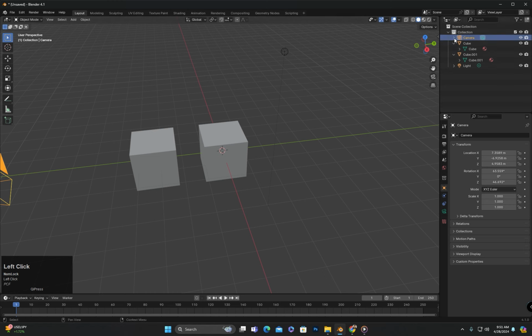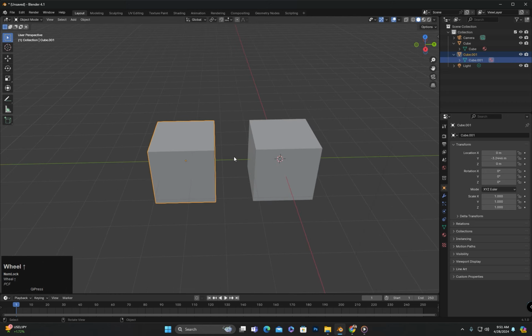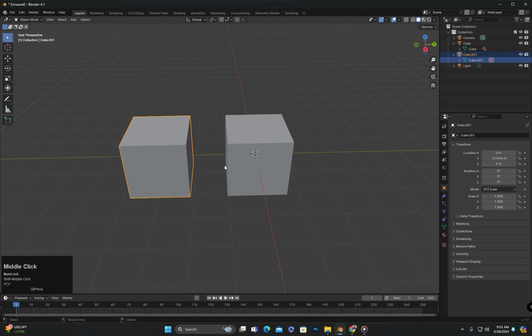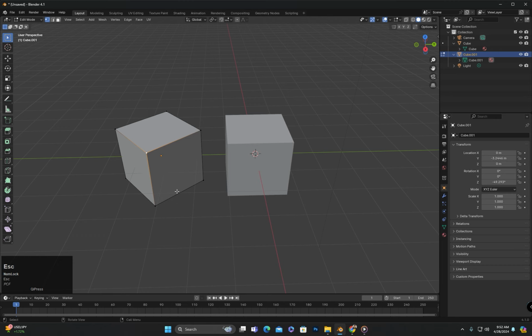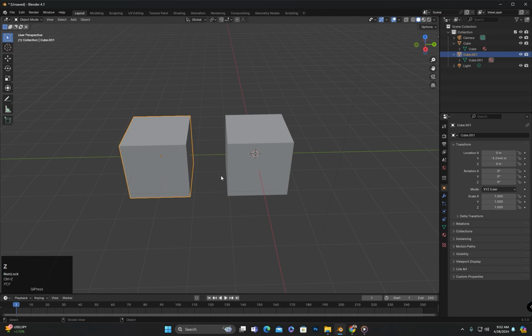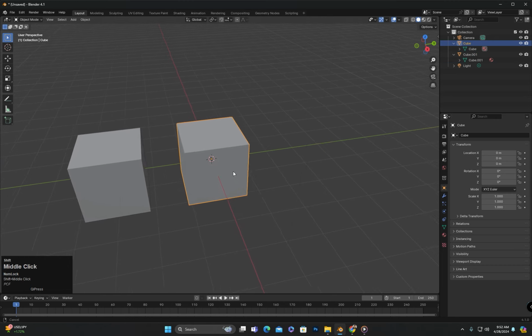Here you can see that the object I duplicated has its own separate data. This means it is a completely different object with no connection to the original object. And due to separate data, the computer will need to calculate each one separately.